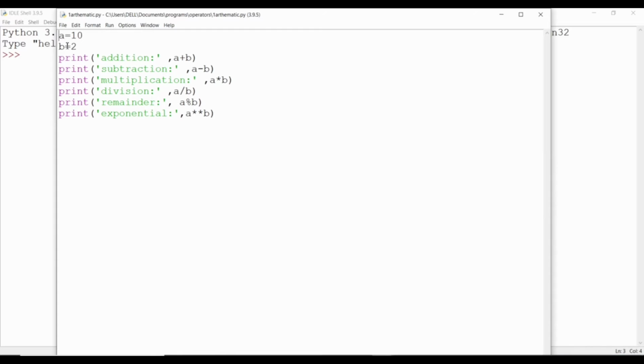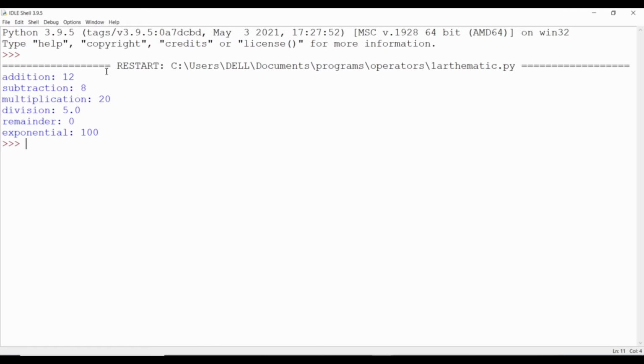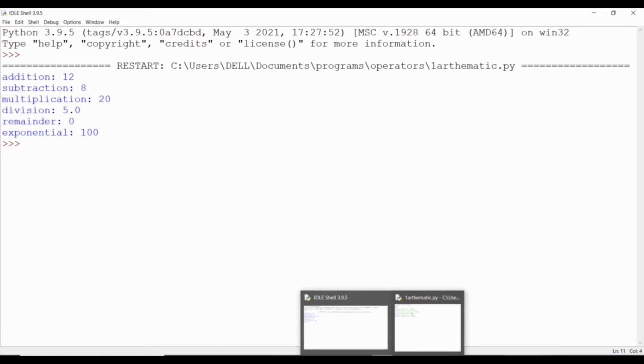I have assigned 2 variables a and b and their values, and I want to perform all the arithmetic operations: addition, subtraction, multiplication, division, finding the remainder, and raising to the power by using the double star symbol between the two numbers. Let's run the program and see how the outputs come.